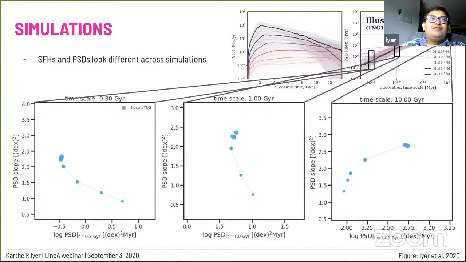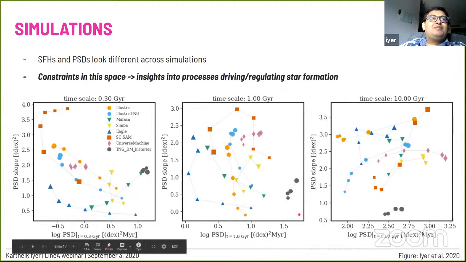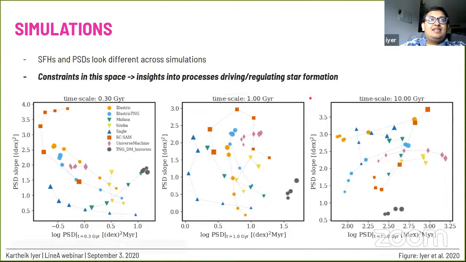So if we try to do that, if we add all the other simulations into the space, we find that no, they don't in fact tell you the same thing. And different simulations predict a wide range of behaviors in this PSD strength versus slope space. And this is because the space has not been explored for the simulations so far, and therefore because of a lack of both observational constraints and inter-simulation comparison in this PSD space, we actually haven't noticed how much the different physical prescriptions that we put into the simulations can cause differences in how stars form within these simulations.